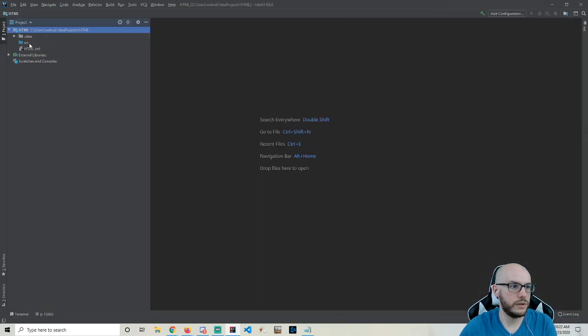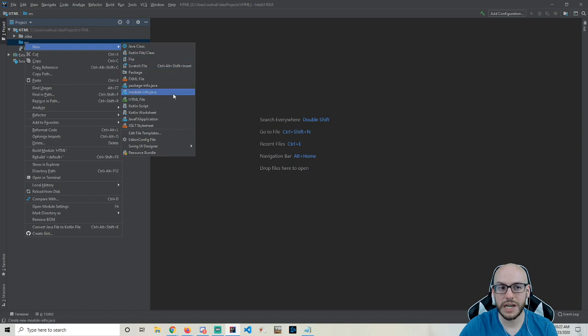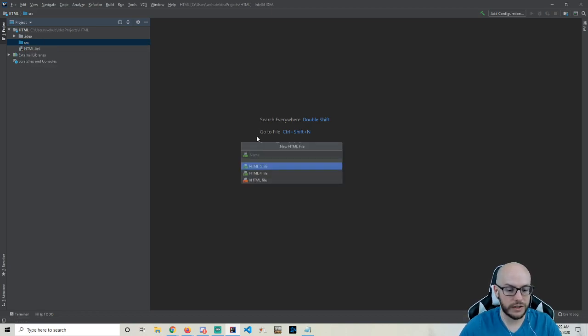And I'm going to expand my project folder. I'm going to right click on the src and do a new, not Java file. Notice that a little bit down we have HTML file as one of our options. And this is going to be really nice because whenever we create our HTML file, which I'm going to call index,